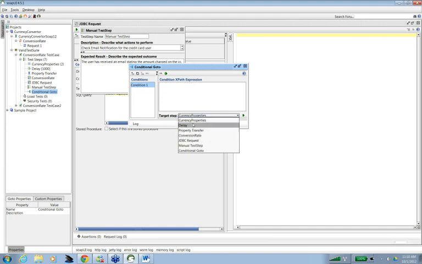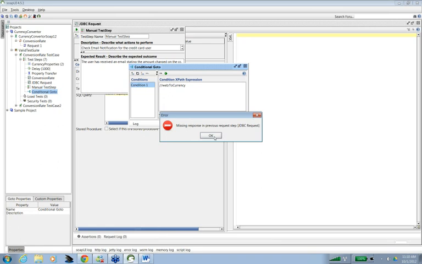So where is my request? Conversion rate is my request. And I'm sending this, giving an XPath expression as to currency. Okay, so here what is happening, there is just one request.